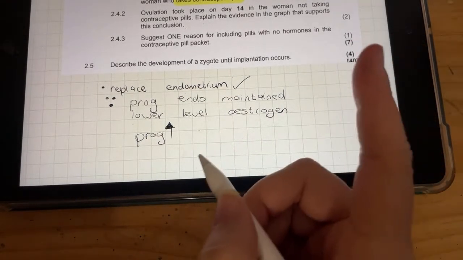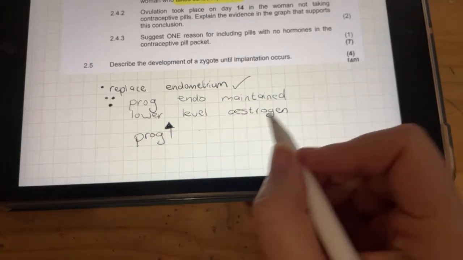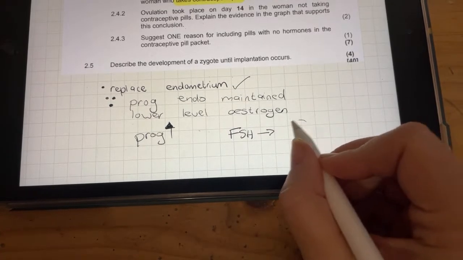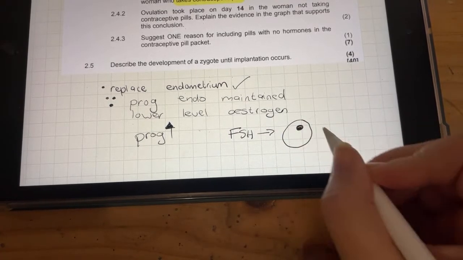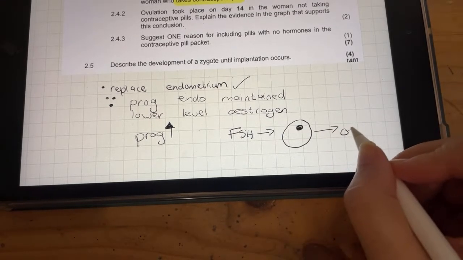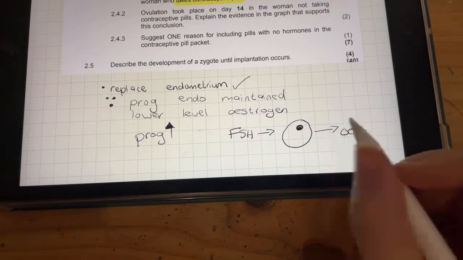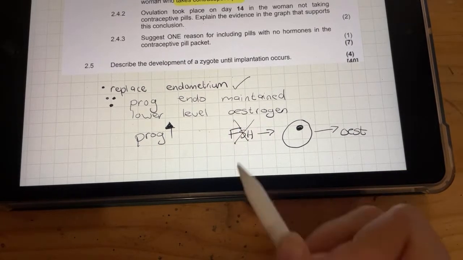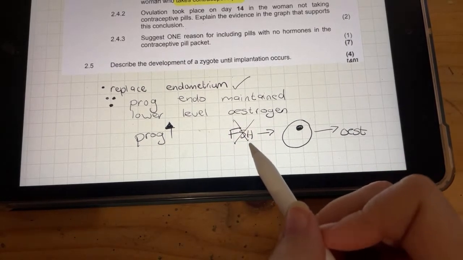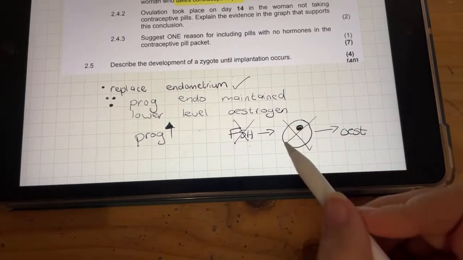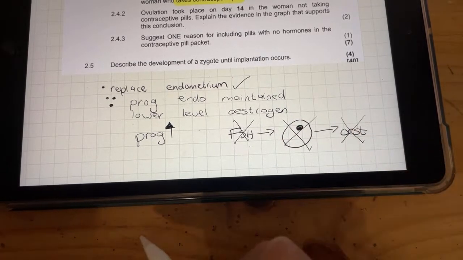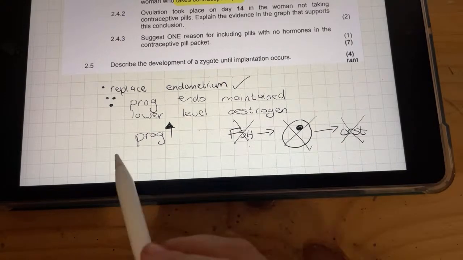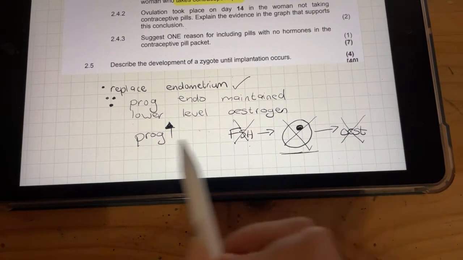Now, if I've lost you, let me just take you a quick step back. Remember that we secrete FSH. FSH goes to the ovaries and we mature a follicle. Here is my follicle. The follicle secretes out estrogen. If progesterone is high, we won't secrete follicle-stimulating hormone. And because we won't secrete follicle-stimulating hormone, we won't make a follicle, which means we won't make estrogen. Are you following with me? Why do you say? Because we won't want to make another follicle if we are already pregnant.